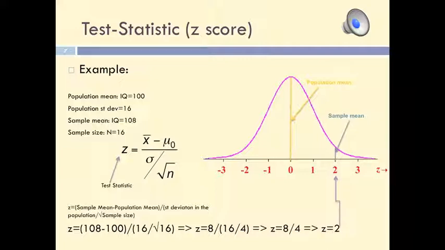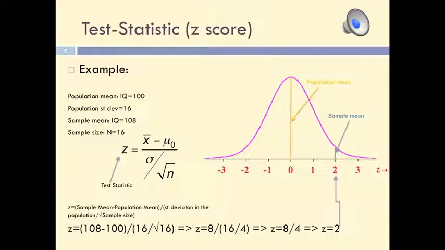So, to use the formula for the Test-Statistic, we must also know the population standard deviation for our variable, which for IQ is 16. And we must also know the sample size, which for this example is 16. Of course, this number is very small, and in a real research scenario, the sample should be larger. I chose 16 here just to ease the computation process